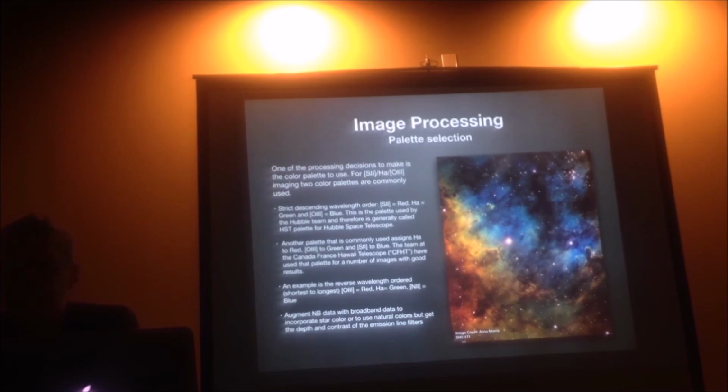Another one that's commonly used is the Canada-France-Hawaii Telescope, CFHT method, which is the hydrogen alpha in the red, O3 into the green, S2 into the blue. And then every once in a while I'll see someone do reverse wavelength order. So O3 in the red, hydrogen alpha in the green, and the S2, depending on which one you shoot, into the blue. You can also augment this with RGB data, or just come up with whatever you think looks good. Because if you're not doing RGB anyways, then it's all going to be false color. So however you want to play around with the channel mapping to make it